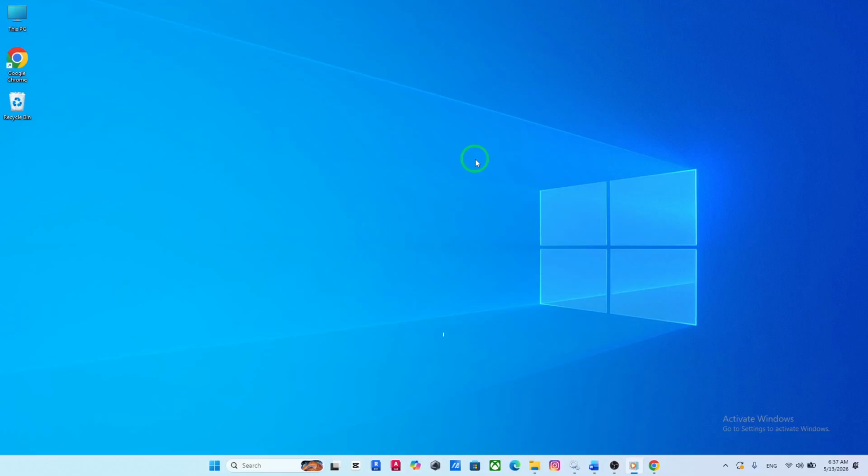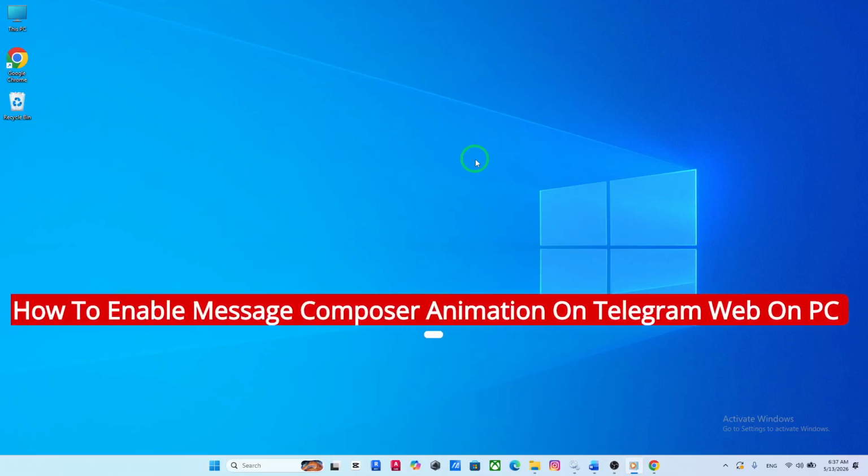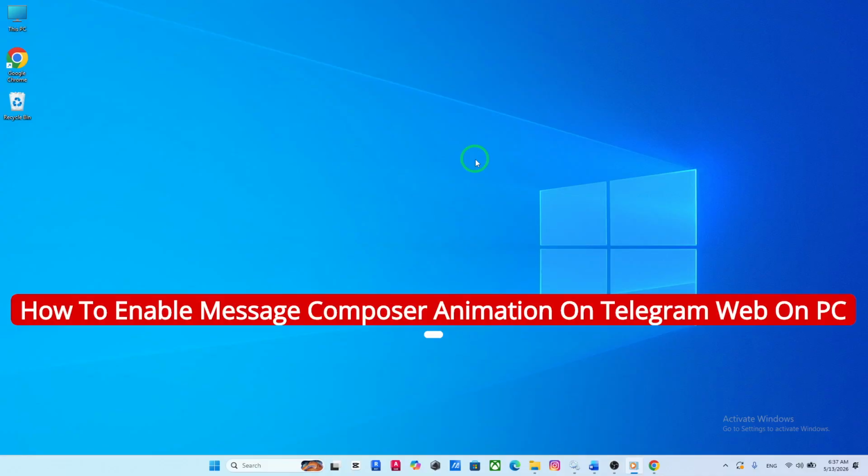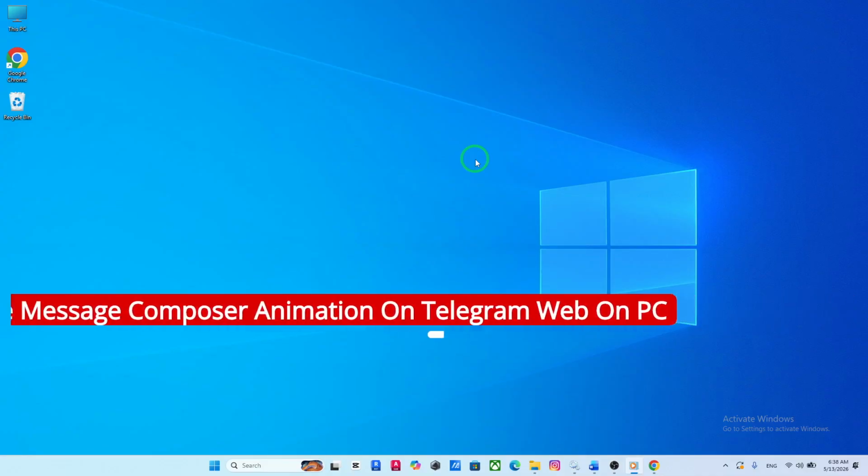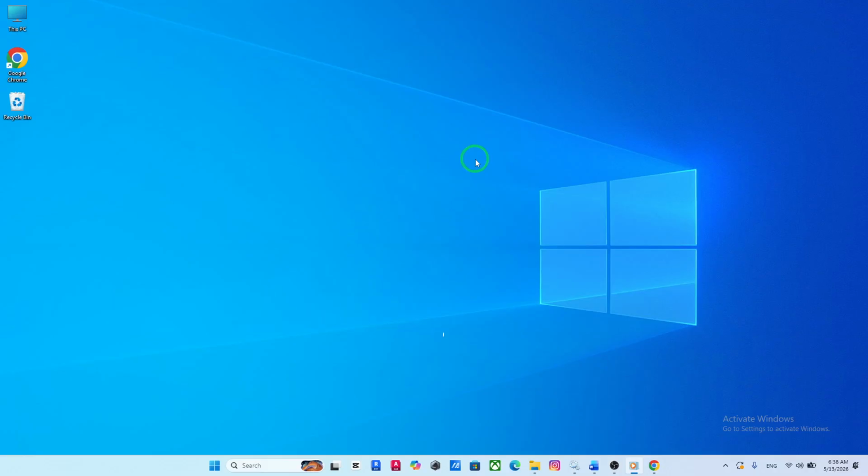Welcome! If you've been using Telegram Web lately, you might have noticed some smooth new visual features being rolled out. One of the coolest additions is the Message Composer animation, which makes typing and sending messages feel more dynamic and modern. In this video, I'll show you exactly how to enable it on your PC in just a few simple